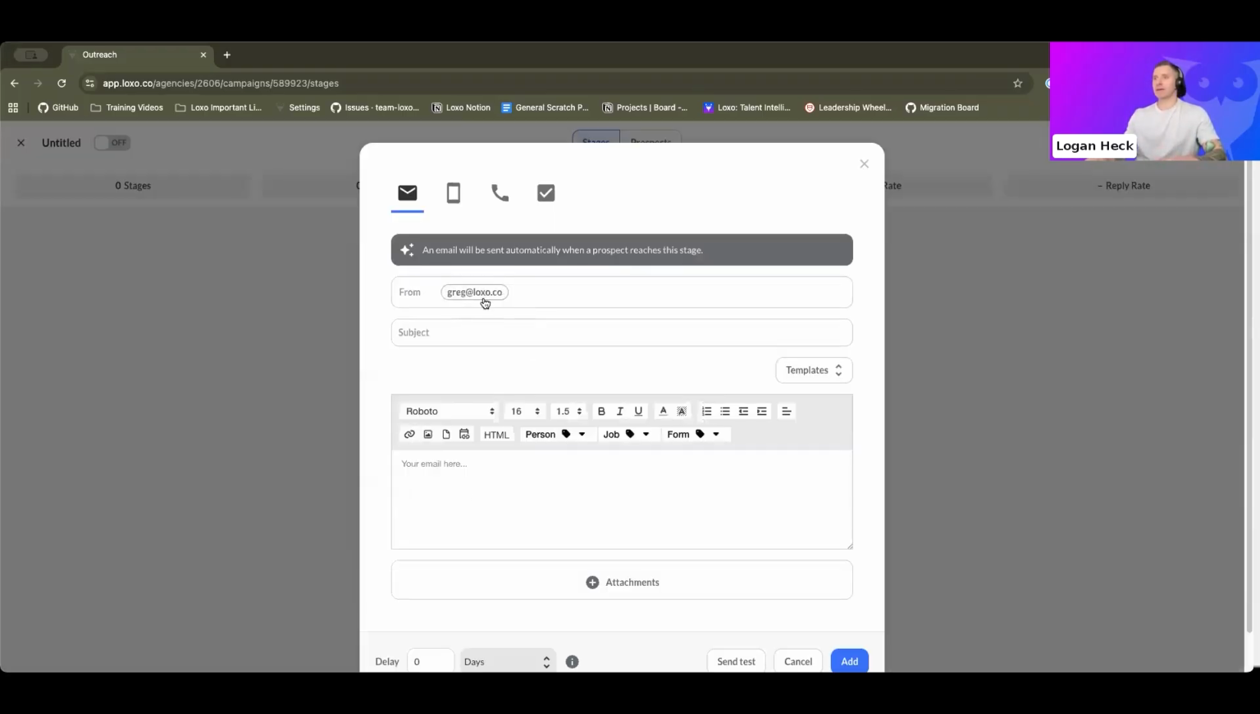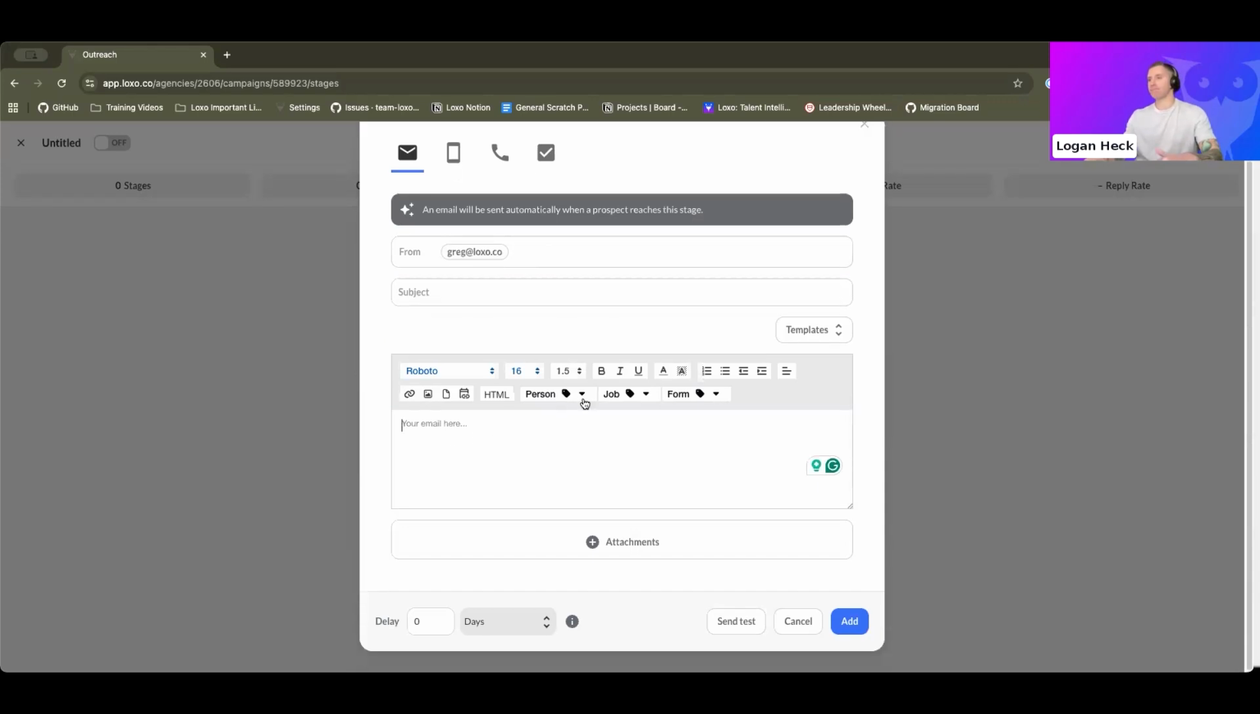So what I might do here is come in, create my email, use some of these person tags. Maybe not going to use job tags here because we're not tying this to a specific role. But I can use person tags to customize my message to the general mass. So build this out. And then for a delay, I would do something like